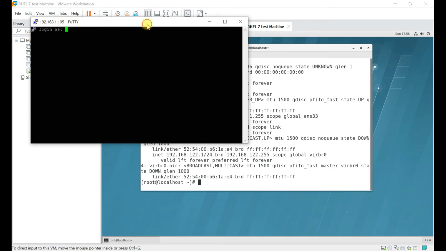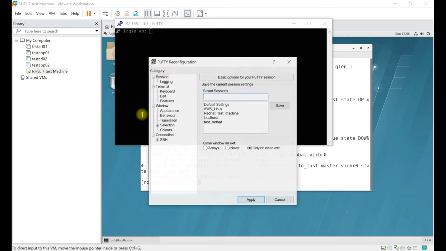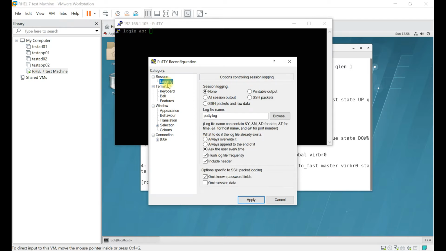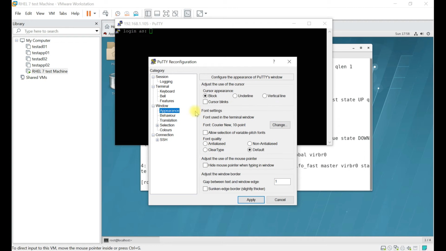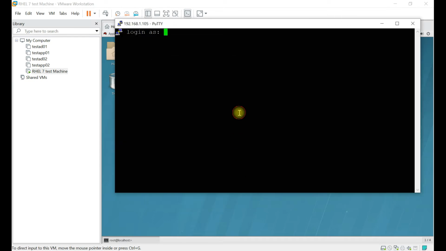Okay, here we can see, I'll make the setting for you so that it's easier for you to view. Just make it 14. Okay, now you can see it's a little bit bigger in text. Enter the root user, enter the password.